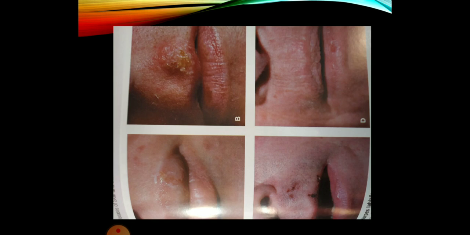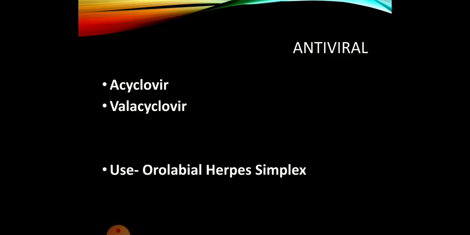Now in this case you will see that a 200 milligram dose is good enough, 5 times daily, and it can be continued for 7 to 10 days. This is because herpes simplex is less resistant to acyclovir in comparison to the other one, that is herpes zoster or chickenpox, which is more resistant, hence the dosing is much higher. And this will be discussed vividly in the discussion of antiviral drugs.